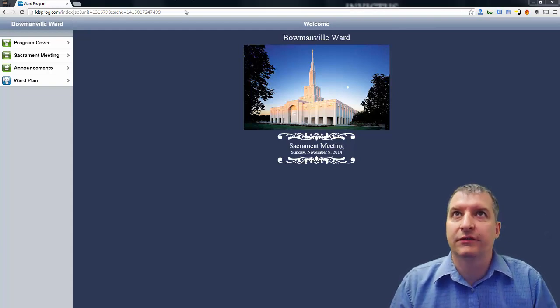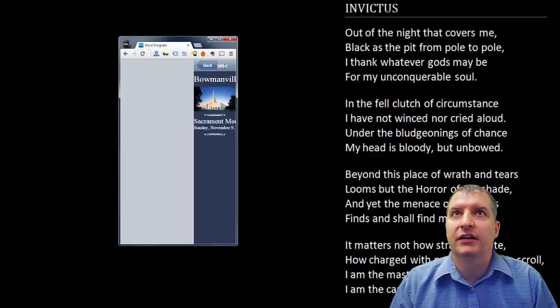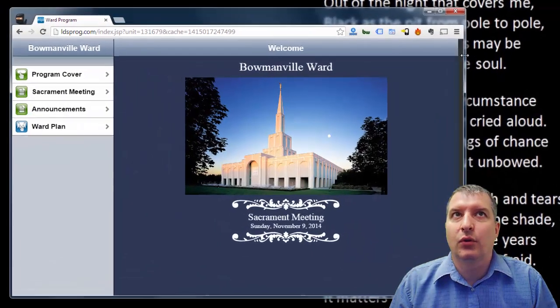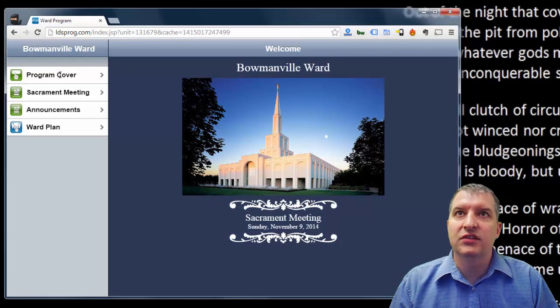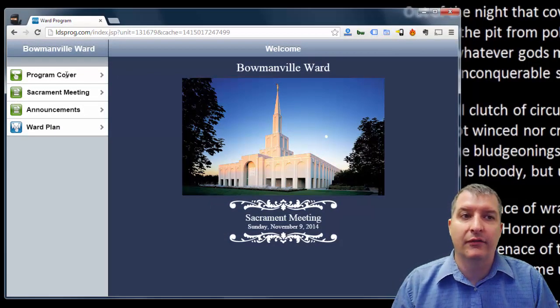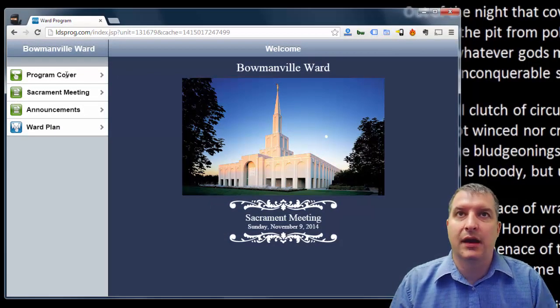What we're looking at here is full size in my browser. If I shrink it down, this is more like the tablet size we'd be looking at. It starts by loading the program cover. This is only launched in my local unit, so it automatically loads my unit, the Bowmanville Ward, in the Oshawa